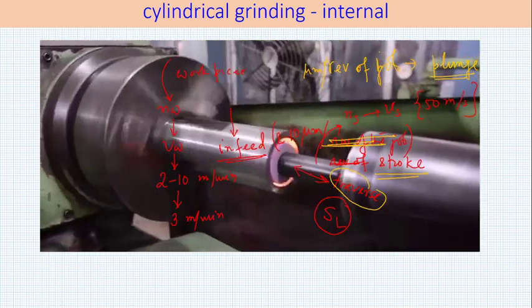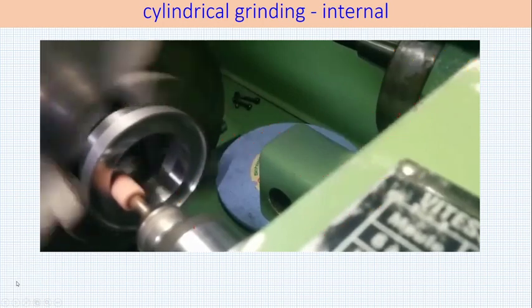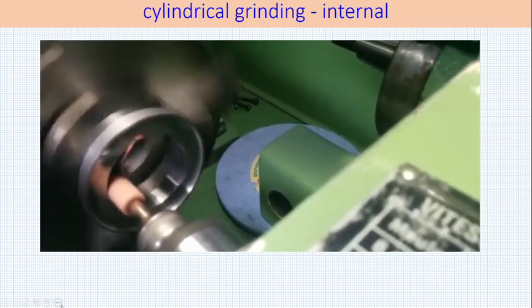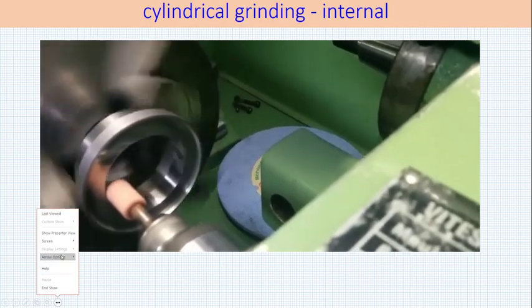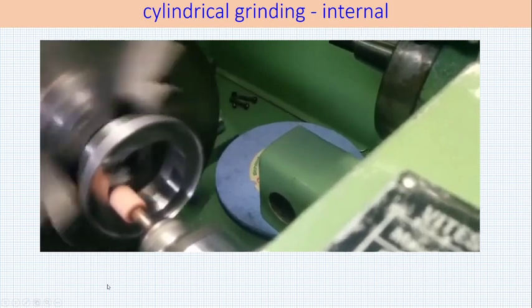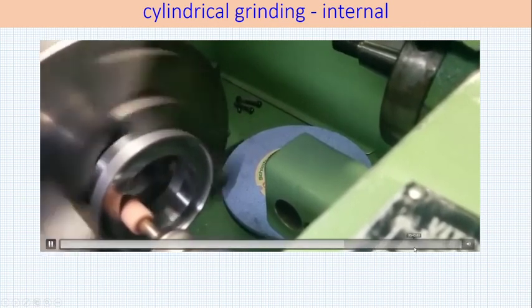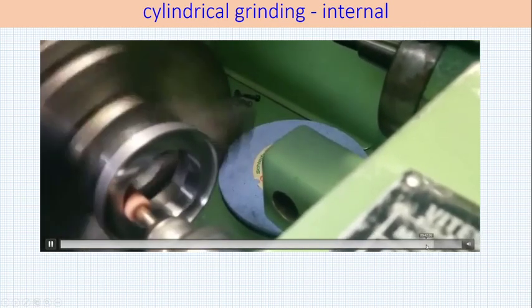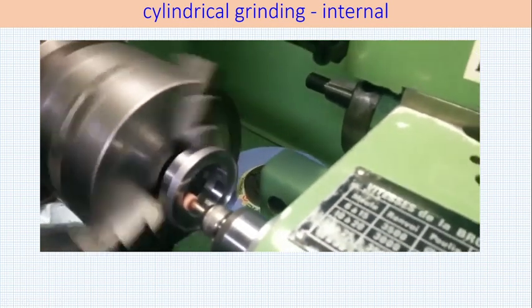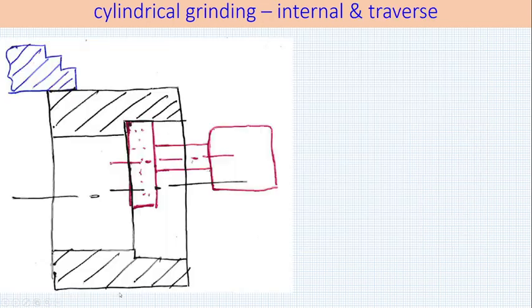So transverse internal grinding is going on. And here the bore which is being ground is much larger, and here also transverse grinding is going on. As you can see, the grinding wheel is gradually going inside the job, and it is also coming out. Now you can see it has come out, it has gone inside substantially. So these are the two examples of cylindrical internal grinding. Now let us go to the schematic so that we can once again indicate everything clearly.